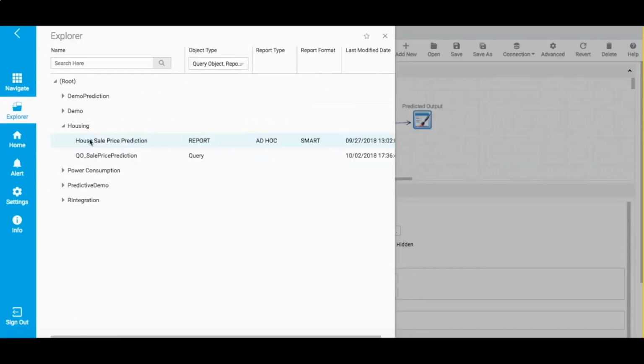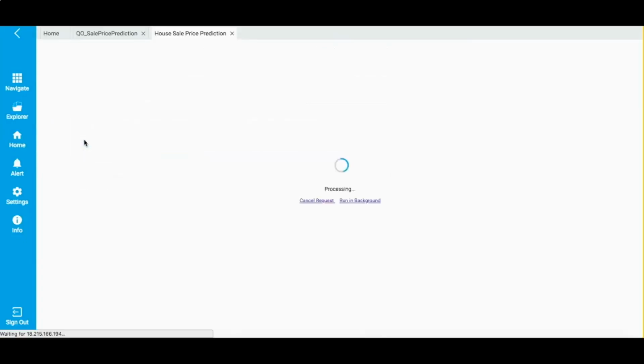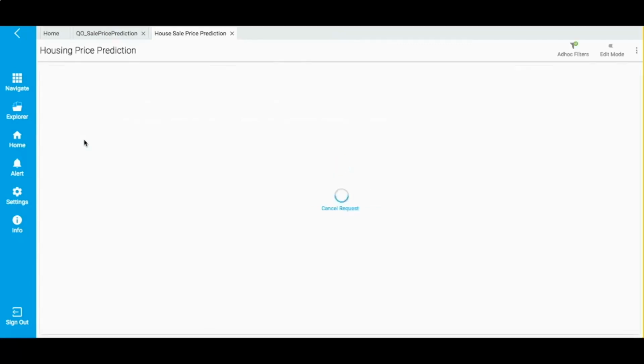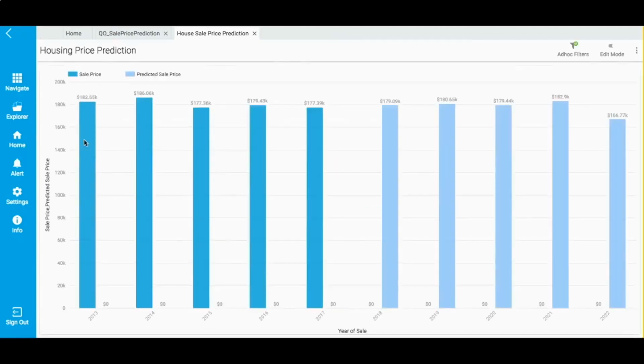Now I will open this report, which essentially uses this query object, and when I run this report, that's when it runs the query object in turn, and then it will cause the whole process to happen. So now it's picking up the 60,000 plus past transactions, doing machine learning, building the model. Then it's applying that onto the futuristic data, the prediction data, and then it's creating the visualization also.